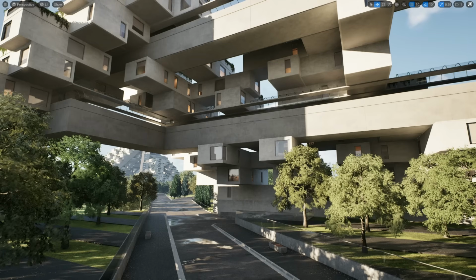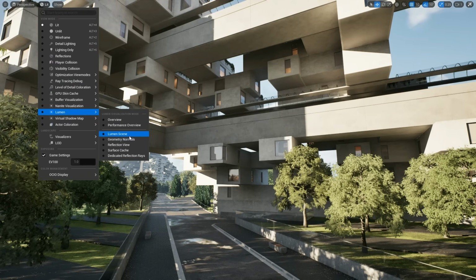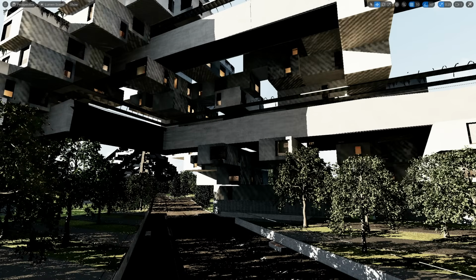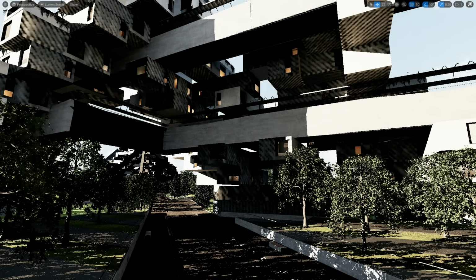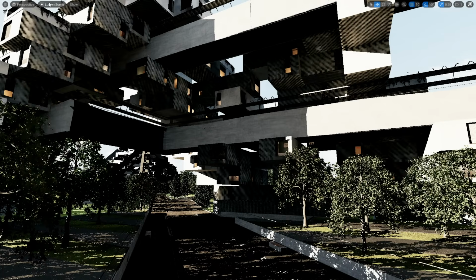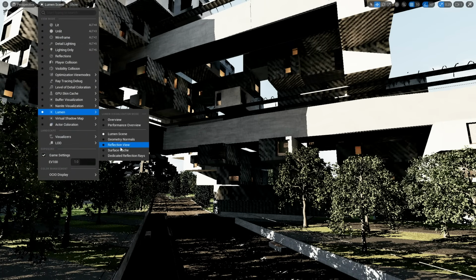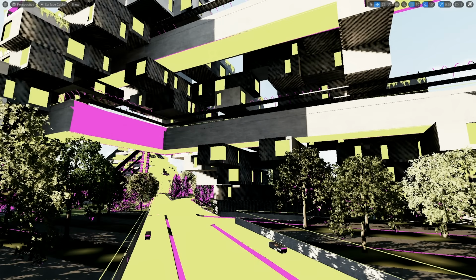And where I might start looking here is in the Lumen scene view mode. I might look at this and see, wow, there's some stuff. Some of this stuff is maybe too black. I would expect some of this stuff to be a little bit more visible. Why is that happening? So I can go then look at the surface cache view mode, and everything that is